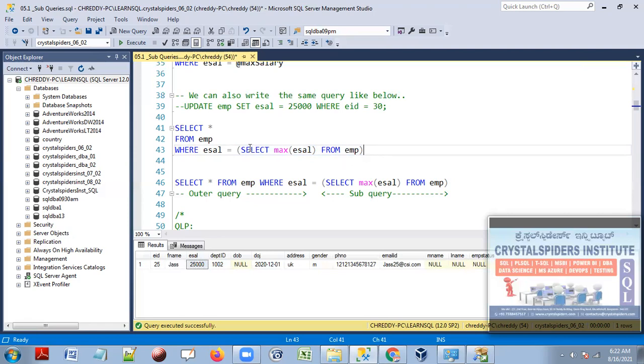So that's why we directly write a subquery, one SQL query inside the where clause of another SQL query. You see this part: up to this part we are going to call the outer query, and this part, where inside the where clause we wrote one SQL query, we are going to call the subquery. Here is the question again: why did you write a subquery inside the where clause?